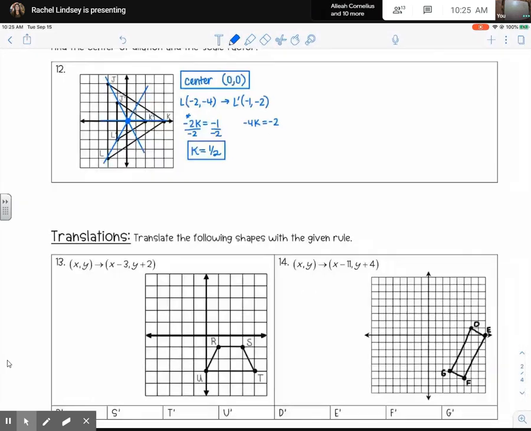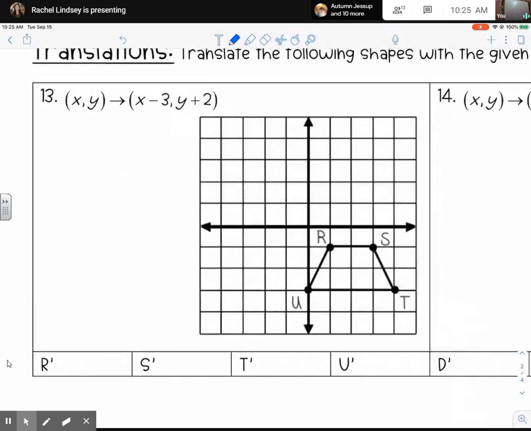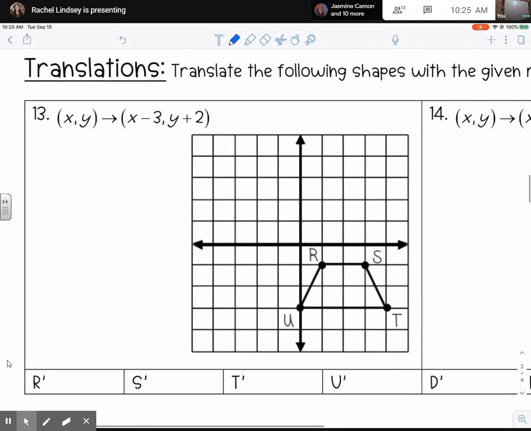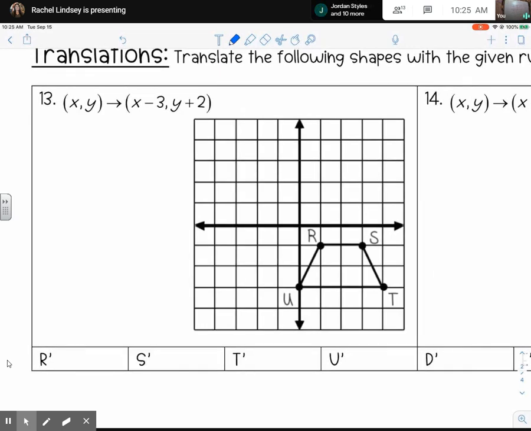Okay, so on number 13, it starts with the shape you're given, and our transformation is (x, y) goes to (x - 3, y + 2). What type of transformation is that? Translation. If you notice, all of these are going to be translations. So you can do the coordinates where you subtract 3 from all the x's or add 2 to all the y's, or you could use patty paper and trace it,